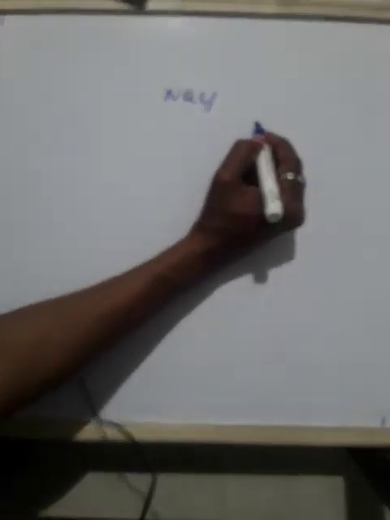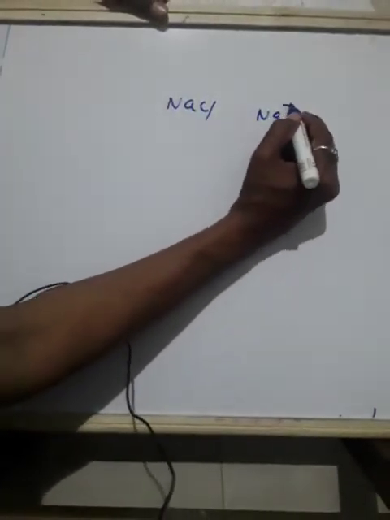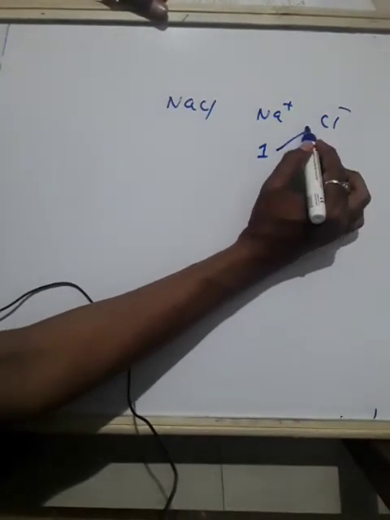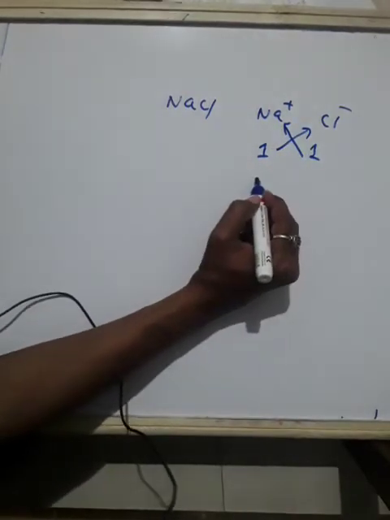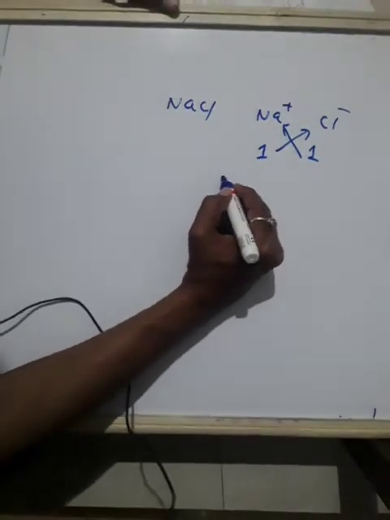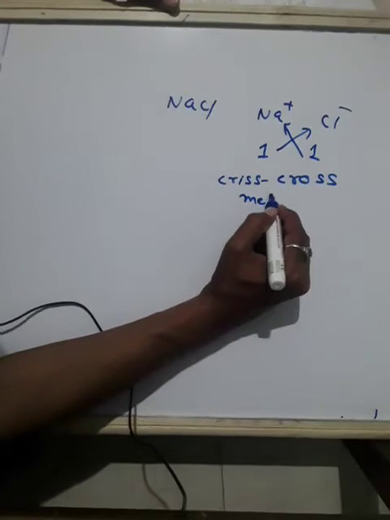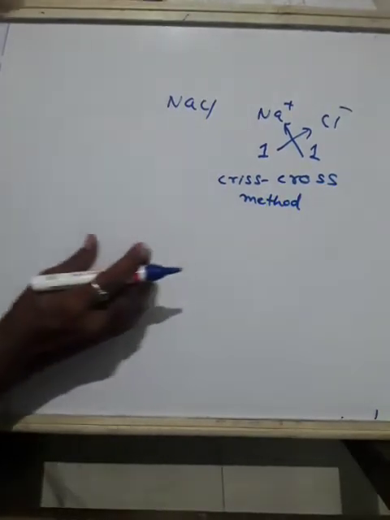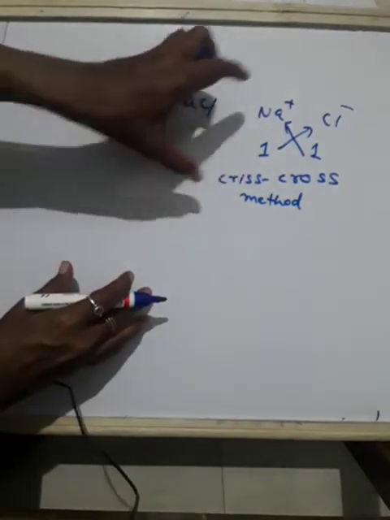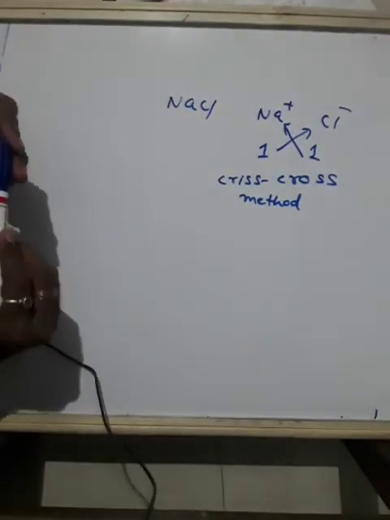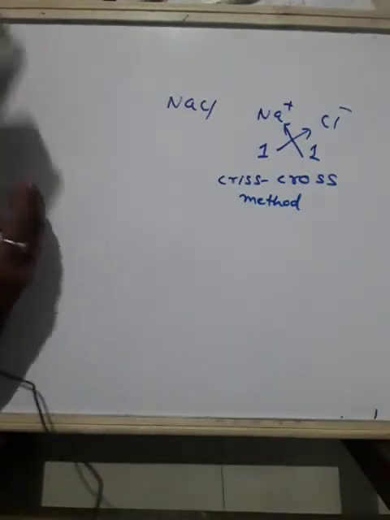See, I told you simple compound means, one example is sodium chloride, a simple compound. This is made up of one atom of sodium. Sodium is positive charge, chloride is negative charge. So its valency is 1. There is a method of interchanging of numbers. That is called the crisscross method. By using the crisscross method, we are able to write the chemical formula of any compound based on their valencies. So first we start with hydrogen chloride, or we can call it hydrochloric acid.